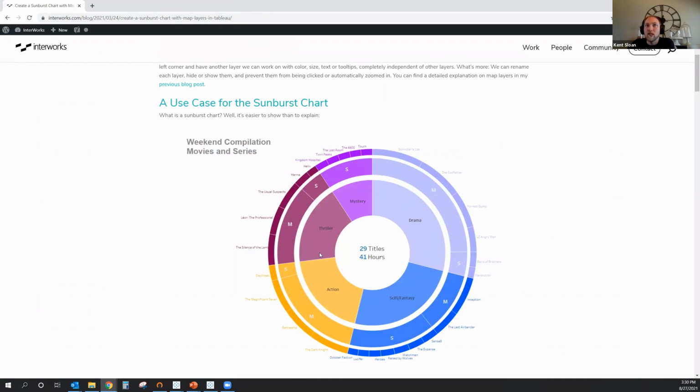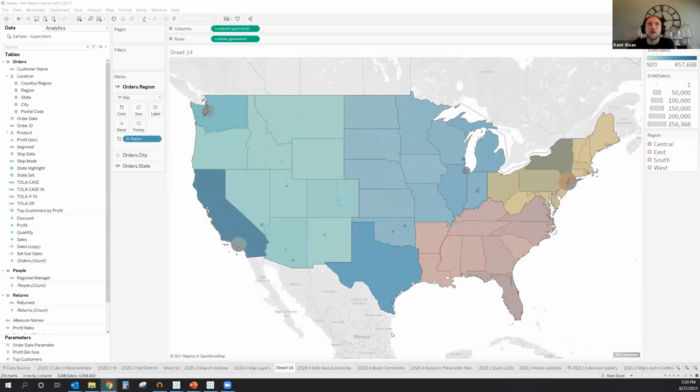So now this is basically just doing a layer of donut charts. You're just doing a series of pie charts. Each one becomes a new layer. Your mark type options are not restricted on these. So with each of these, you can pick a different field type. That sunburst chart is just layers of pie charts sized differently.